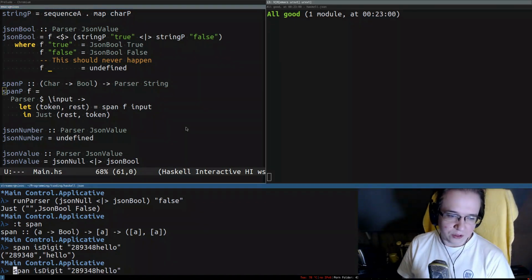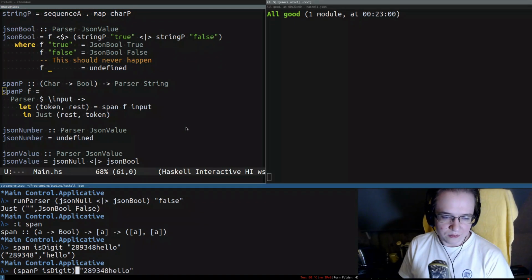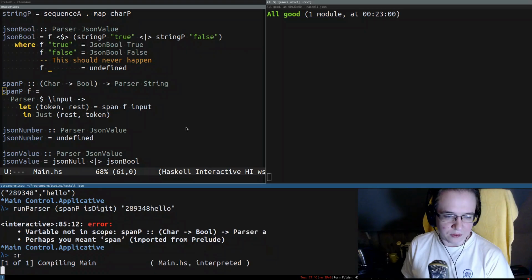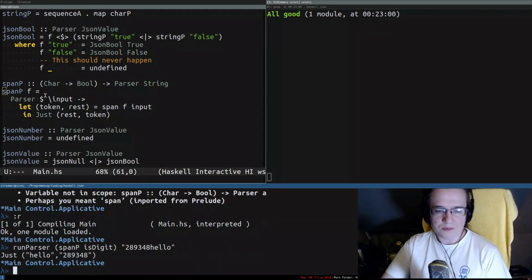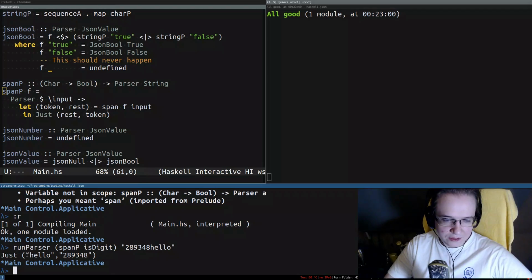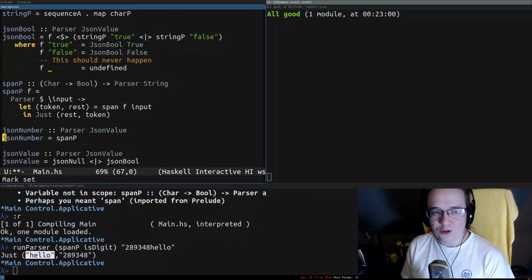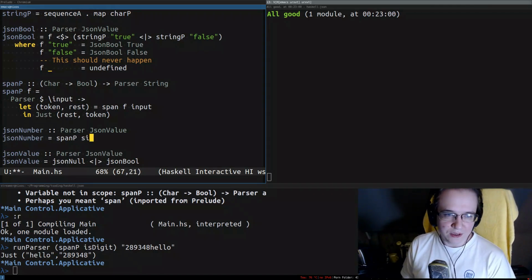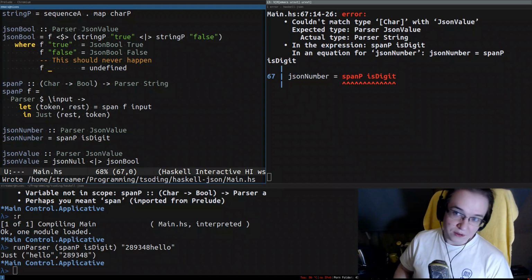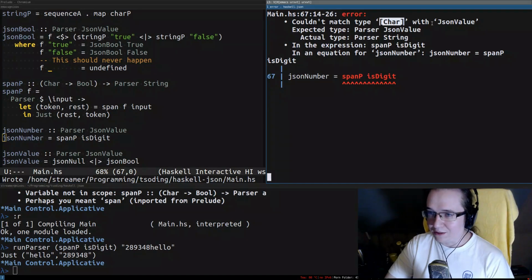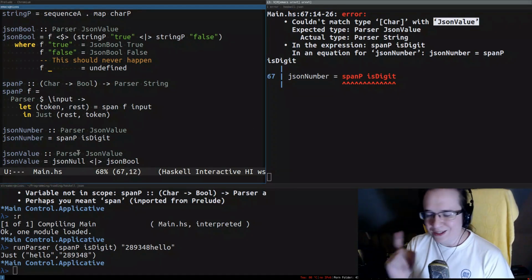So now we should be able to construct the following parser that will probably work if I rebuild, if I reload my REPL. So you see, we have a parser that parses that sequence of characters and then leaves the rest of the input for the next parsers. So now we can quite easily implement the JSON number parser as span p is digit, but we cannot implement it like that, because span p is digit returns a sequence of characters, but we expect a JSON value. So that means we'll have to